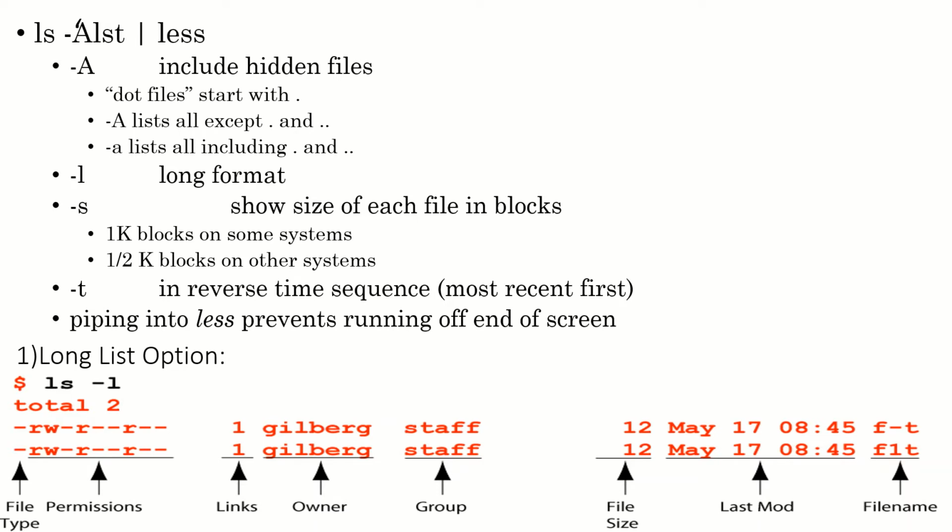Only r means only read permission, not write and execute permissions. And then how many links are there for this file? Here only one link is there, somewhere it is 2 or 3. And who is the owner of the corresponding file, and what group that file belongs to. Finally, the size of the file in bytes is displayed, then the last modified date of the file, and finally the file name.